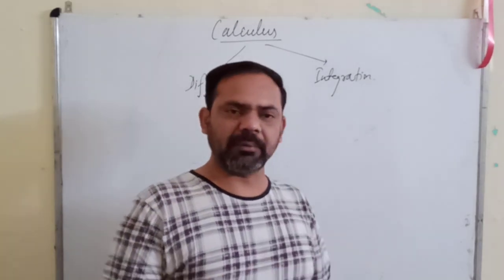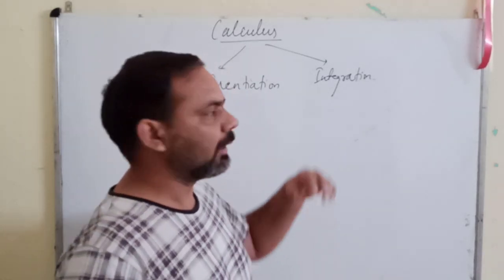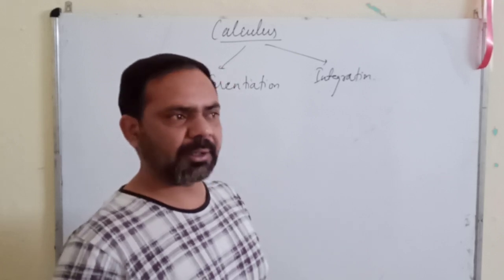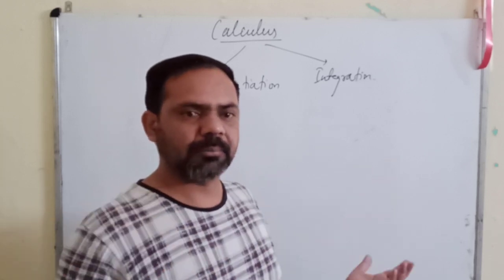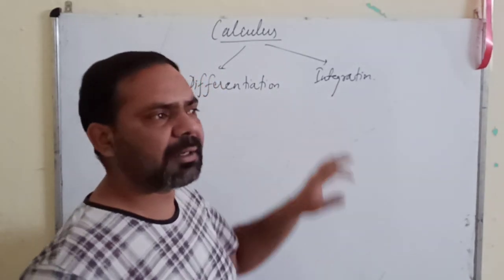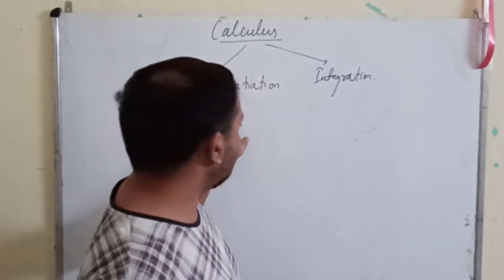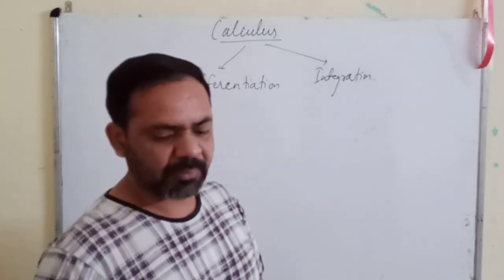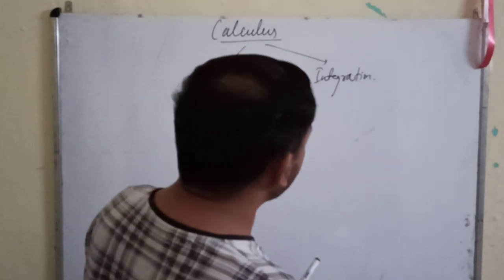Integration is, you have the parts, now uniting or combining them to get a function. Integration means to integrate. You have the small parts and you integrate all those parts to get the value of a function for a bigger aspect. So differentiation and integration are reverse processes of each other. Breaking into parts is differentiation and joining the parts to form the function is integration. Okay, so we will start with differentiation first and then we will move on to integration.